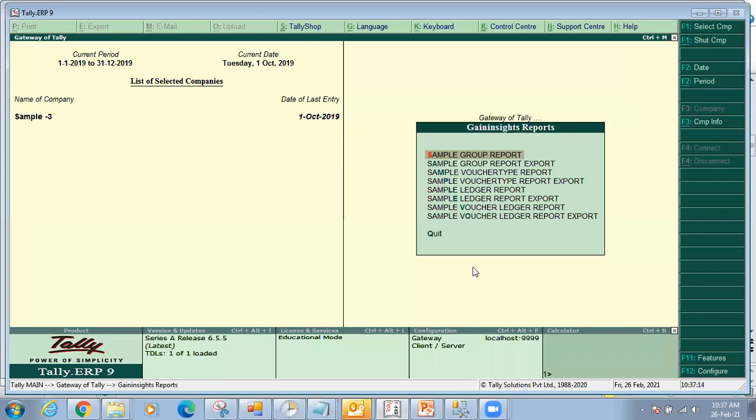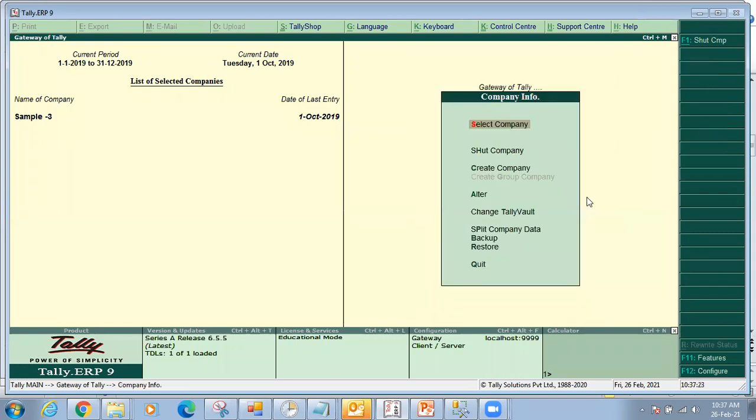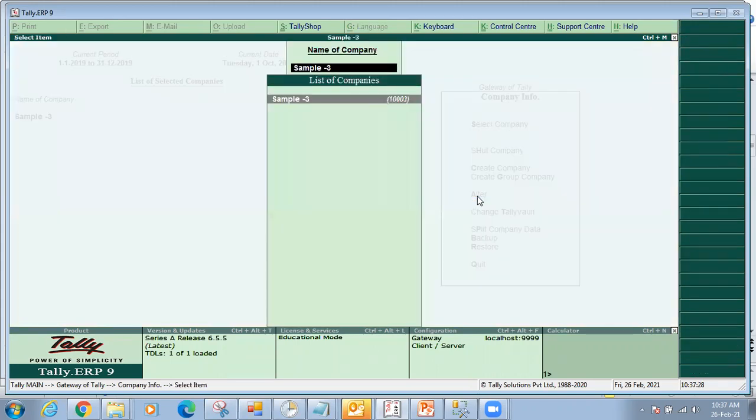Now, when I go to this particular company, I go to something called a comp info. In the comp info, press Alt and you choose whichever is that sample company which is being loaded. So let's assume that I say enter.